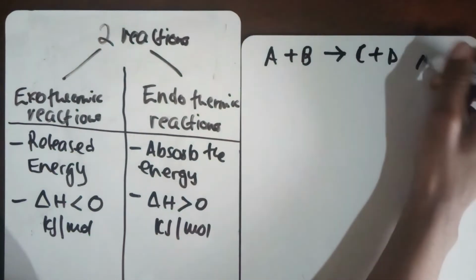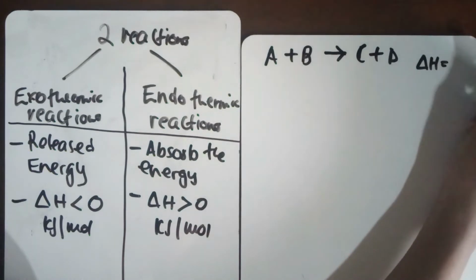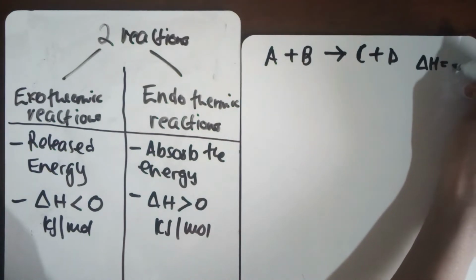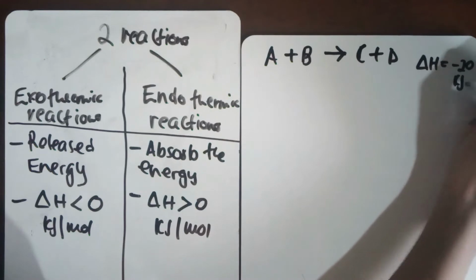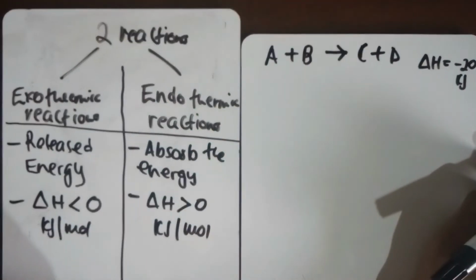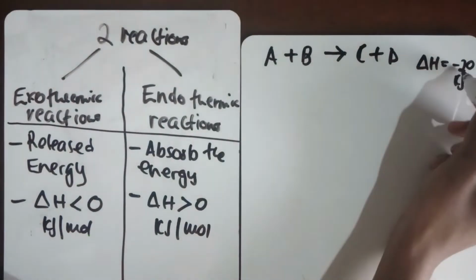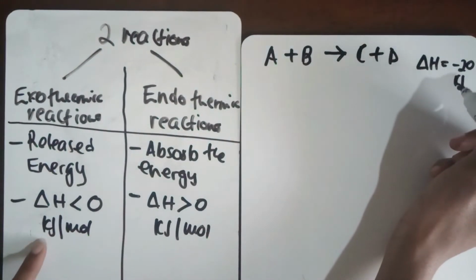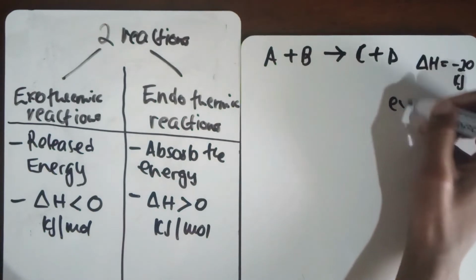And then they write there on the side, the change in H equals negative 20 kilojoules or something. What that is telling you is that this reaction, because it's negative, is actually exothermic,